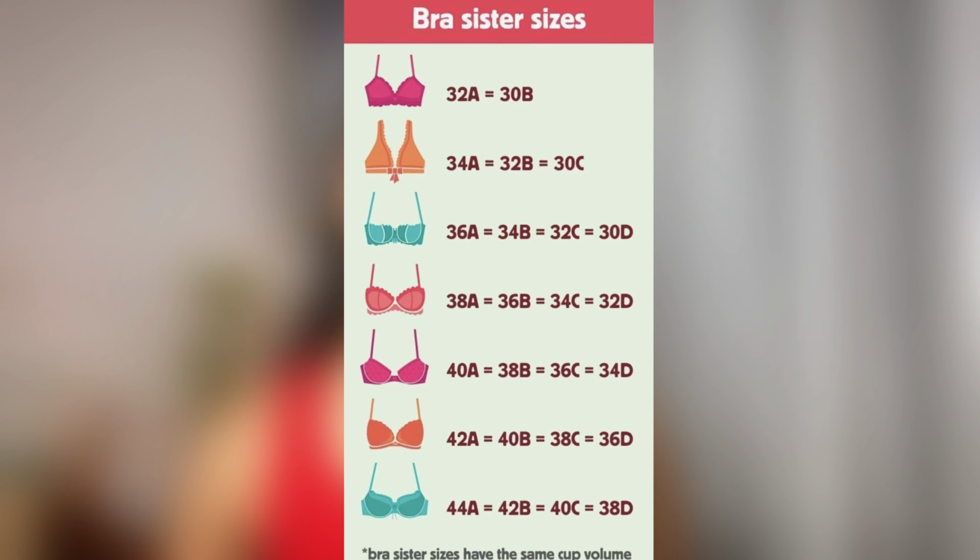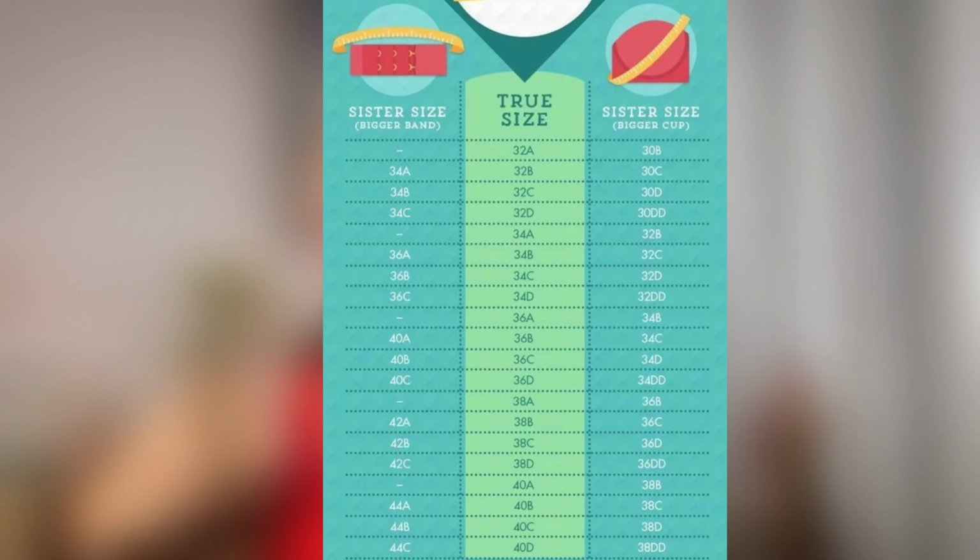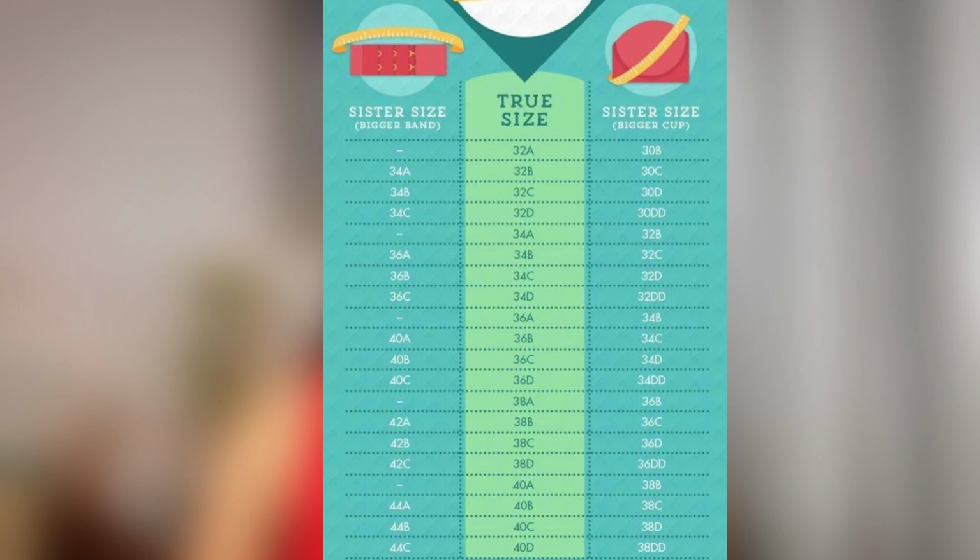Sister size, we always tend to get or hear about: if you don't find your own size, then go for sister size. What is that? Everyone has a unique body type, which means that even after measuring, you may not find that accurate bra size. In these conditions, you can switch to sister sizes. That means these are alternate sizes where the cup volume remains the same, just the band size and the cup letters change. For example, if you are 34B, there is a good chance that 32C or 36A will fit you. Why? Because 32C will have a shorter band size, whereas 36A will have a longer band size. From that, you can analyze which can fit you better.